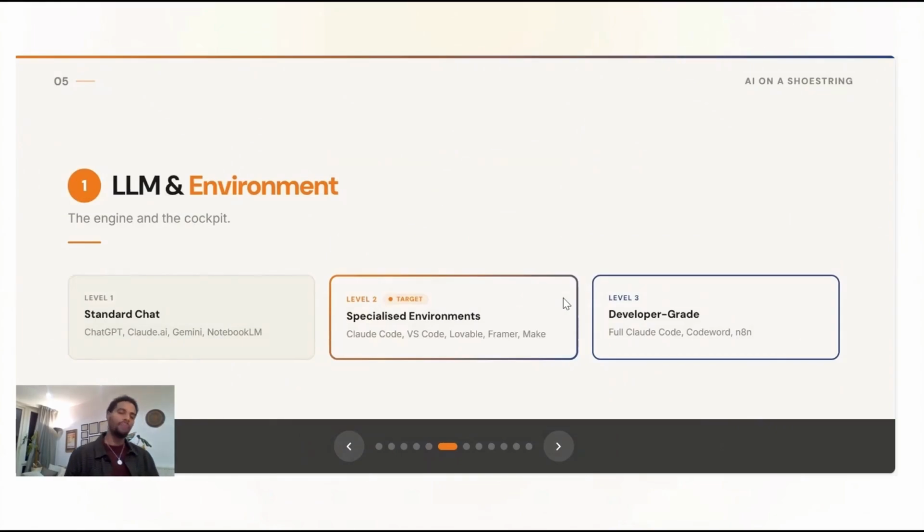So again, LLM and the environment. The 3 levels also apply to each of the different components. Level 1 is what people are most used to: ChatGPT, Claude, Gemini, LLM. On the specialized environments, and this is what I will be covering in the series, you have tools like Claude Code, obviously not to its full extent. You have environments like VS Code, but then you have dedicated or more specific AI tools. You have Lovable, Framer for making websites, Make for making automations. So again, these are very specific, use case specific